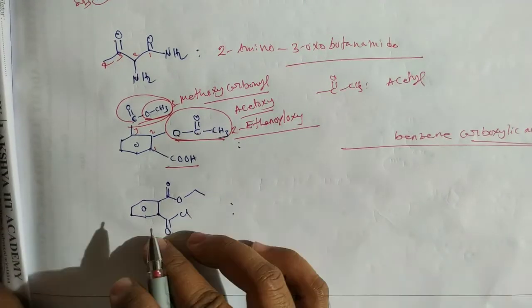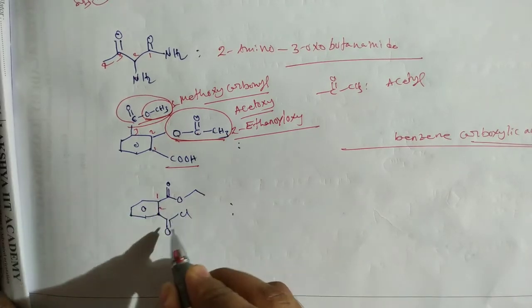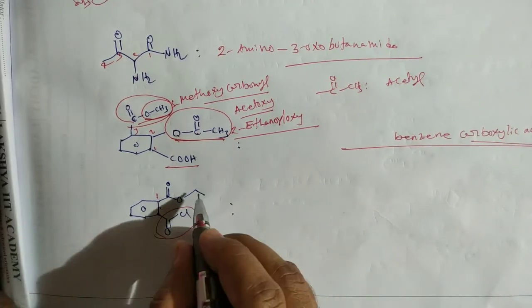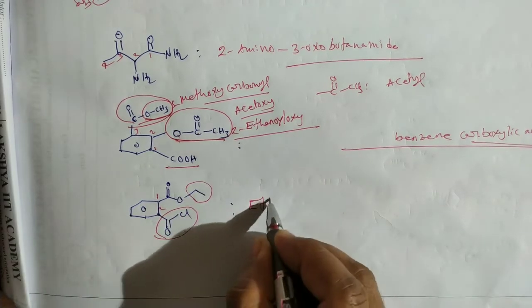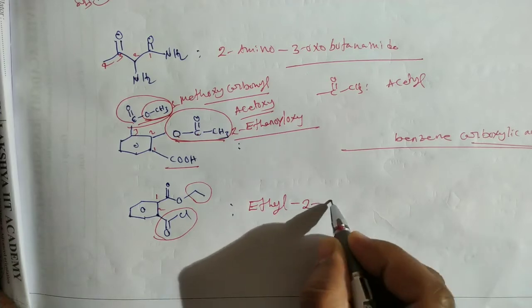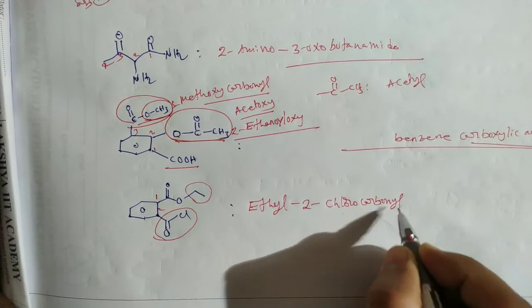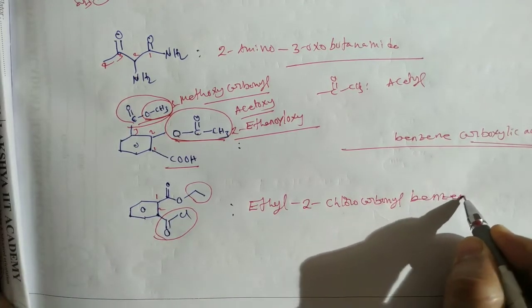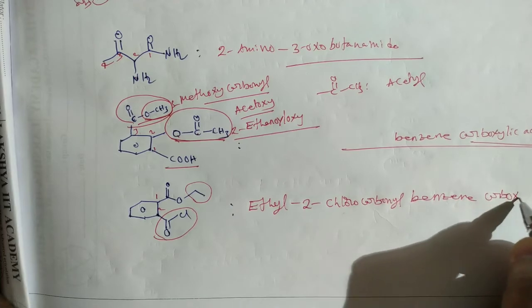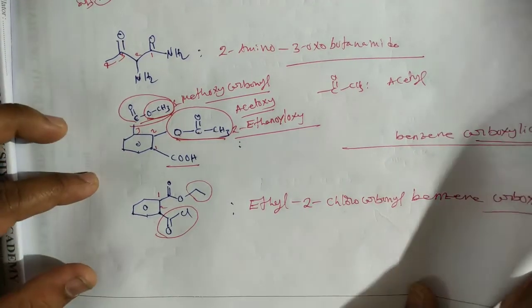Okay, and next here, what is the IUPAC name of this compound? It is a previous NCERT question. Ester and acid halide. Here ester is high priority, so 1 2, it is treated as a substituent. Whatever the alkyl group on the oxygen, you should write first. So this is ethyl and 2 chlorocarbonyl. COCl as a prefix is named as carbonyl, so 2 chlorocarbonyl benzene carboxylate. That is the IUPAC name of this compound.